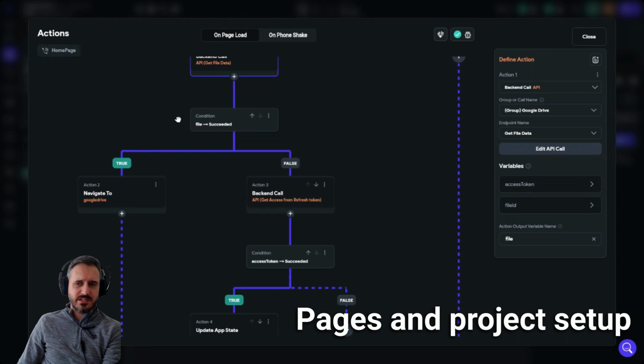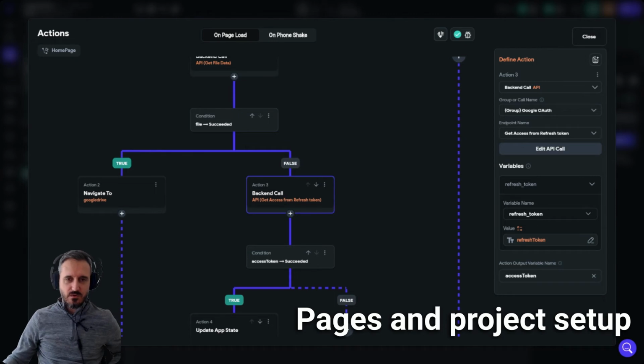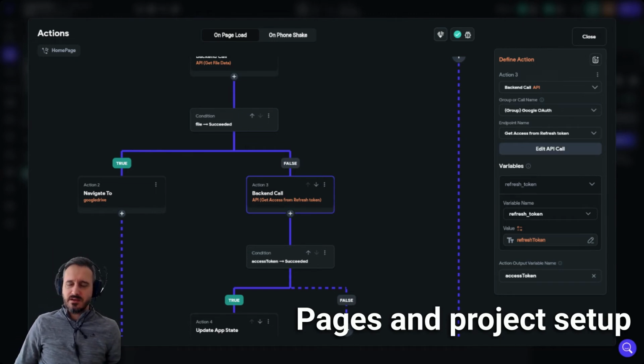So I will end up in the false path, and then I will have to run a new API call. This API call will be get access from refresh token, and then I will pass the refresh token, which is again coming from the API call. Another very important thing, I'm forgetting to say this, but it's very important not to forget to say this in this video,